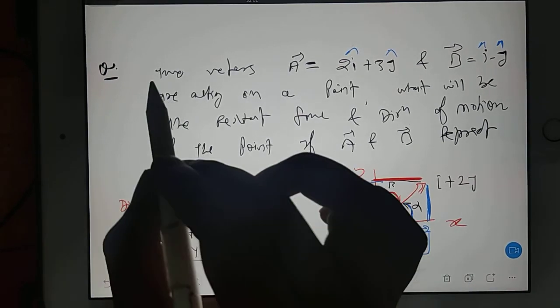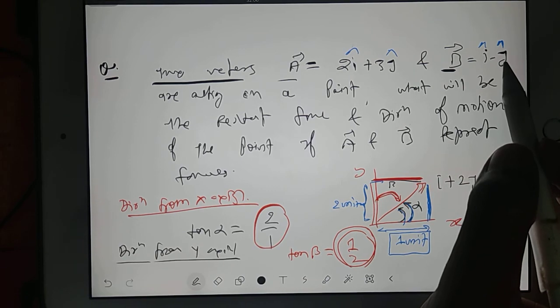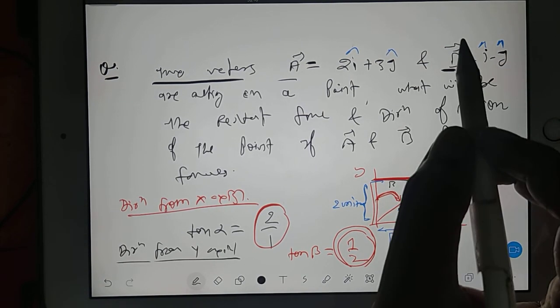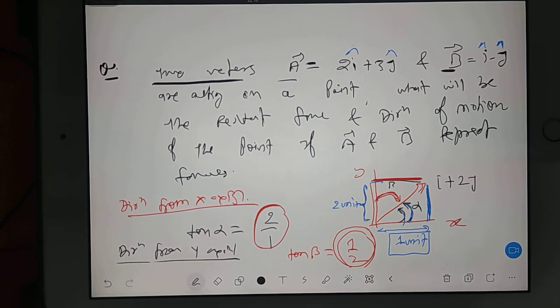Okay. Now, if I have two vectors here, A is like this and B is like this. And I want to know what will be the resultant force and direction. So resultant force is very, very easy. I forgot to